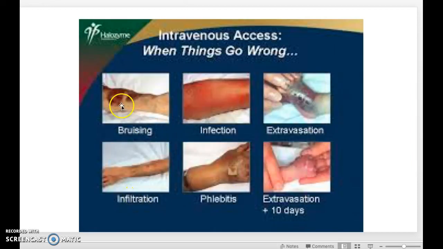And just some examples. So there's a bruising, infection, there's an extravasation. Kid looks like he might lose his foot. I can't see the infiltration. Phlebitis, and then extravasation plus 10 days. I couldn't find really good extravasations out there, but